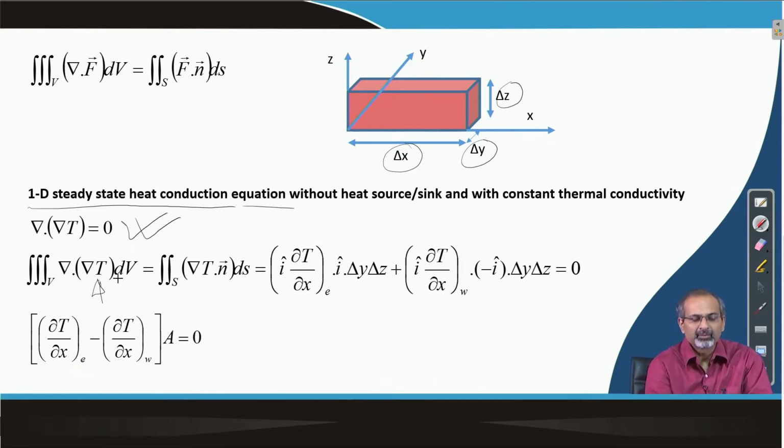So, we end up using the divergence theorem to convert the volume integral into a surface integral. So, note that what you have coming out of this is this function, which in our case happens to be the gradient of T. It comes directly over here and now gets into a dot product with the surface vector. That means, if you have a surface like this, you have a surface normal,